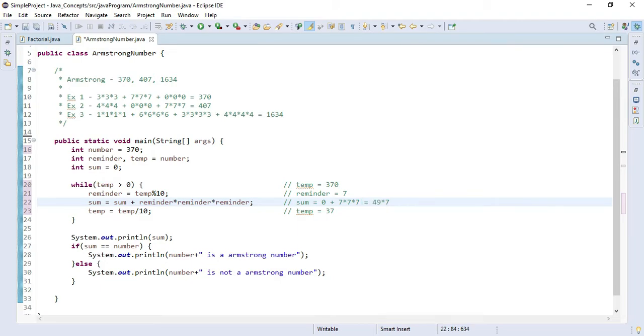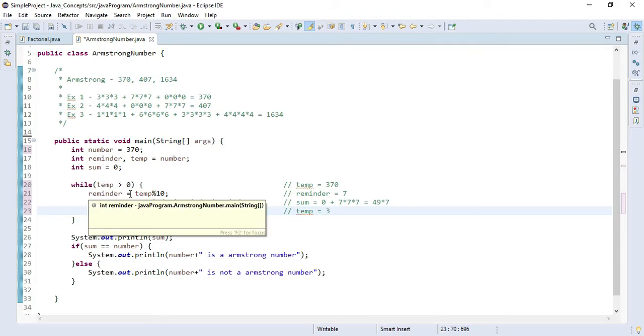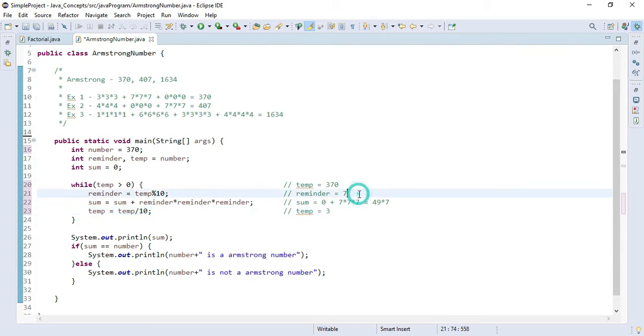We will calculate it later, what the value of this will be, and after that the value of temp will be 3. As it is greater than 0, it will again go into the body, and this time the reminder will be 3, and the value of sum will be 49 into 7 as it was earlier, plus 3 into 3 into 3, and the value of temp will be 0.